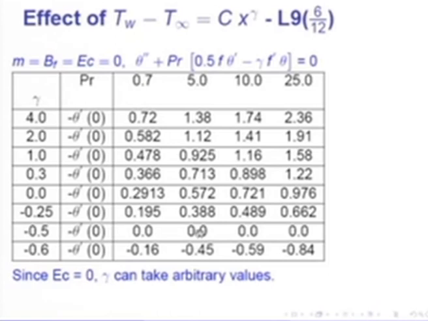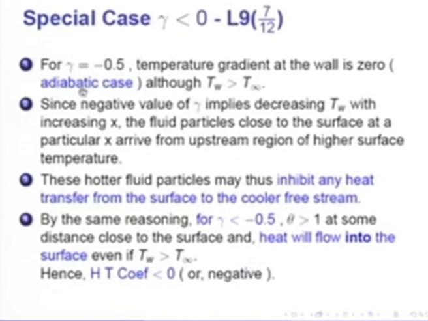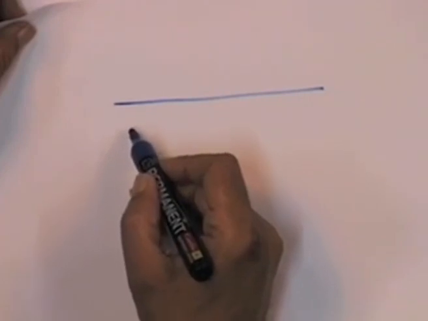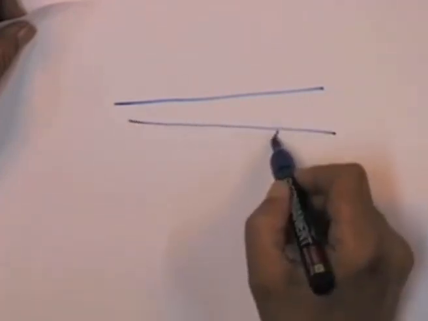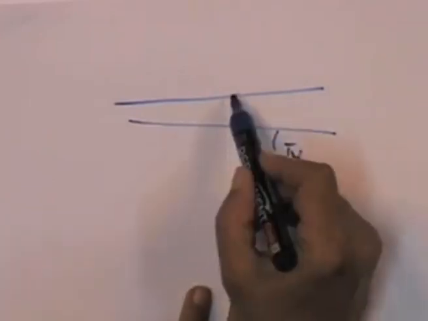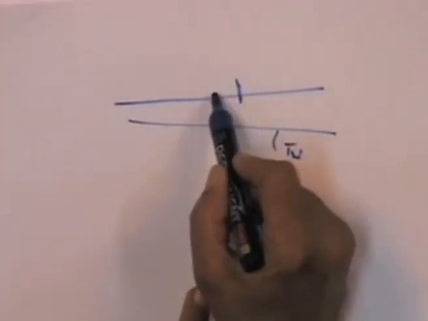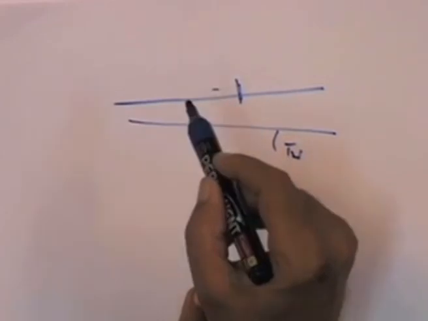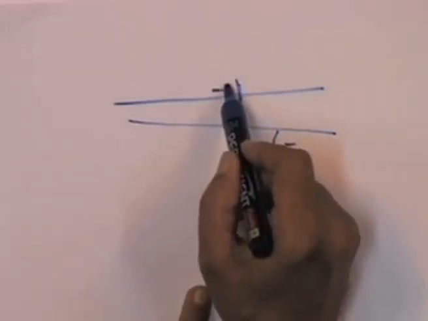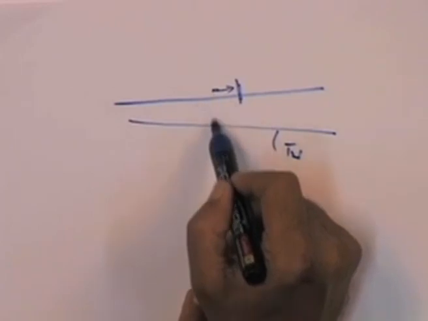And we did alert right in the beginning that we are interested in looking at situations like this. For gamma equal to minus 0.5, temperature gradient at the wall is 0, an adiabatic case, although Tw is greater than T infinity. Now, we can explain why this happens. So, let us take our flat plate, and the wall temperature is now decreasing with x. This is the wall temperature. So, you can imagine at any x, the particles close to the surface would arrive from a region of higher temperature, so